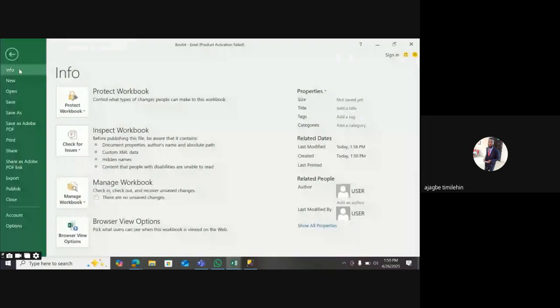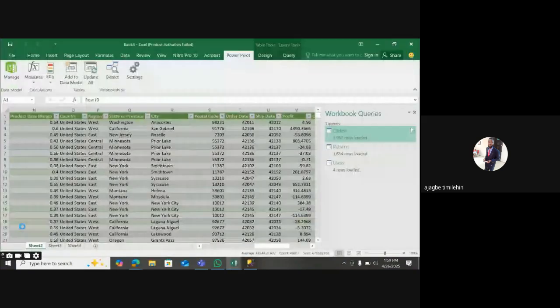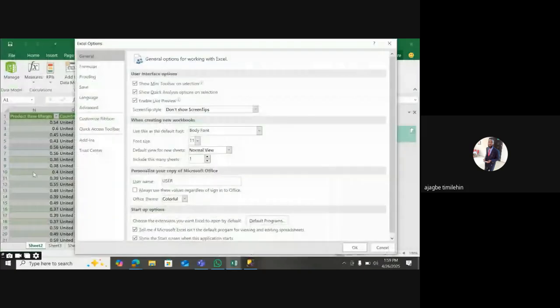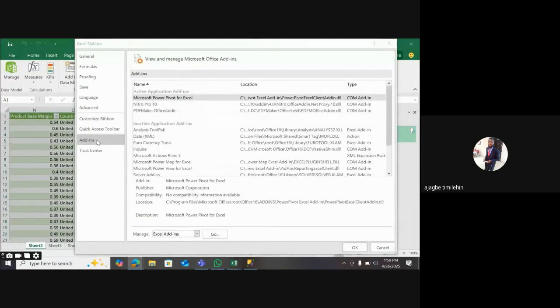You're going to click on options. So when you go to options, you go to add-ins. By the time you go to add-ins, you will see Power Pivot here. You can see Microsoft Power Pivot. Okay. So you click on it. After clicking on it, you